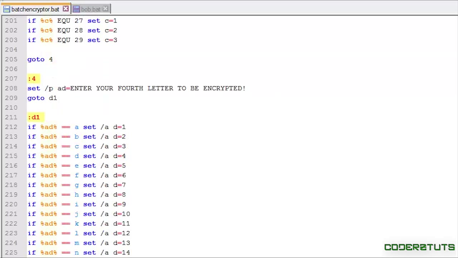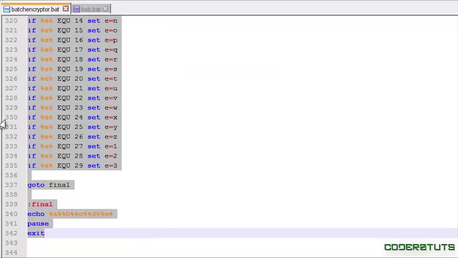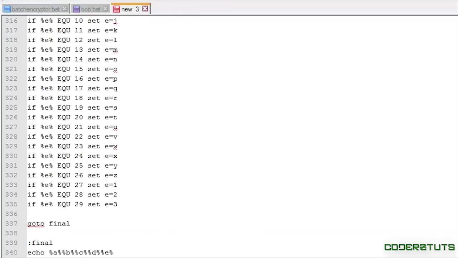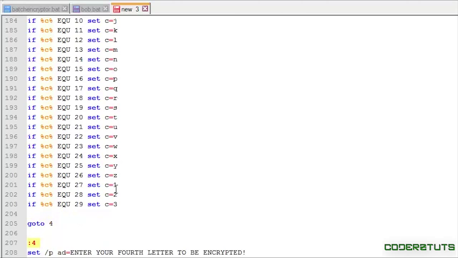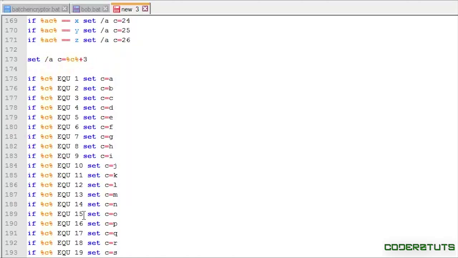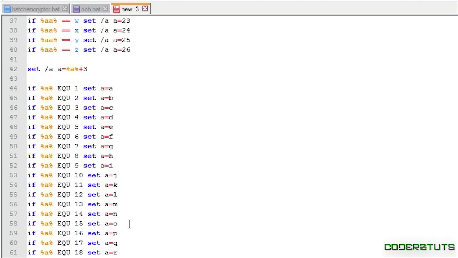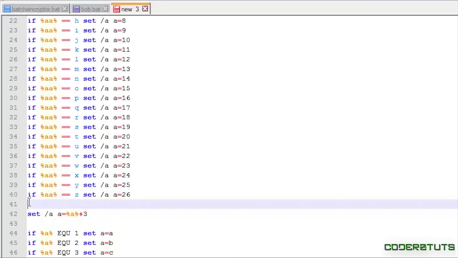So, it's essentially the same process. I'm just going to copy this code, make a new batch file, set the language to batch, and from here it's actually quite simple. So since we have in our previous form, or the encrypted form, let's say we hit Z, it would be 29, we are just going to have to add right here in our initial process of inputting the letter or the number and just referencing it to a number, we're just going to have to go if